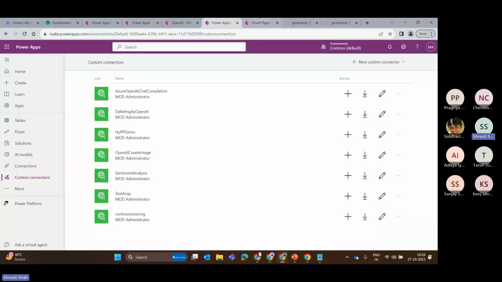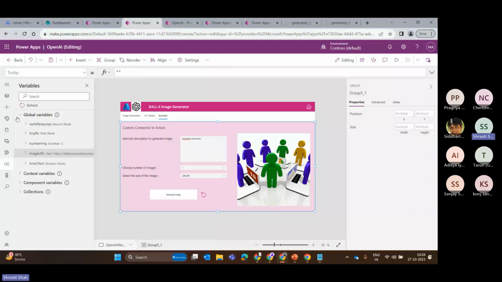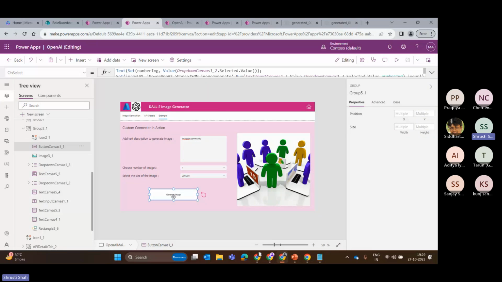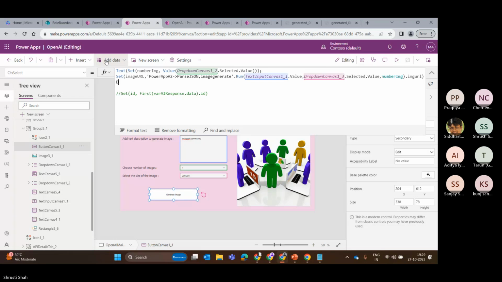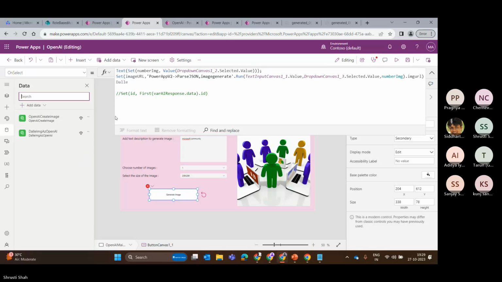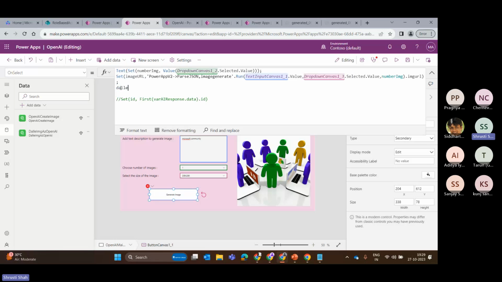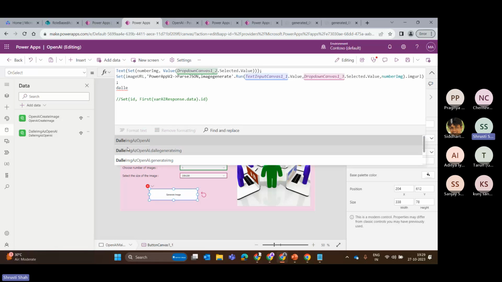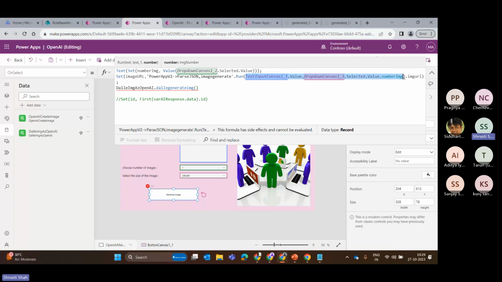But definitely another thing is you can use it directly in the Power App. Just to give that example, what I have to do is call the custom connector. And now I can see this in suggestions. As you can see, this is the connector and these are the two actions. First is Dall-E generate image. And then I use this and pass the exact same thing which was passed,